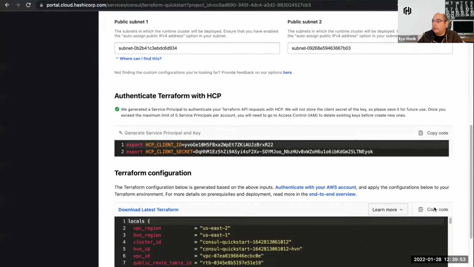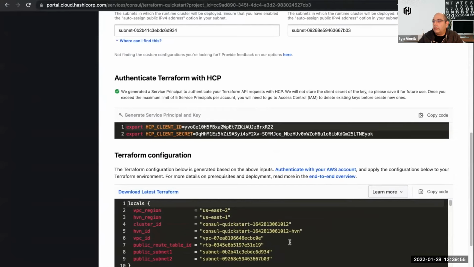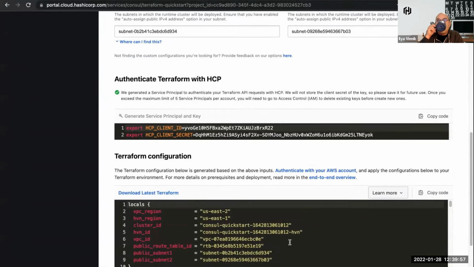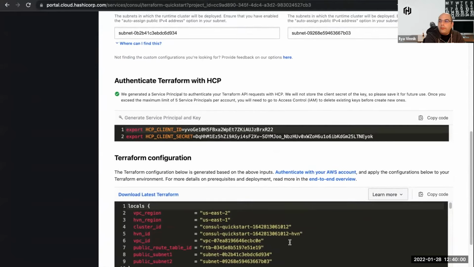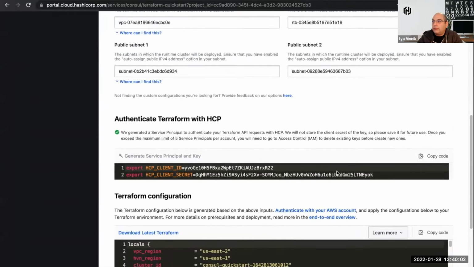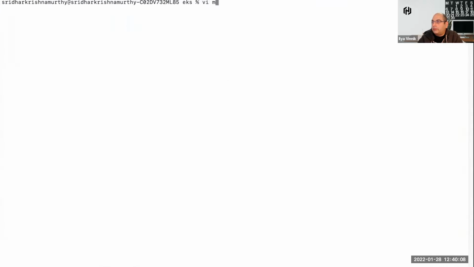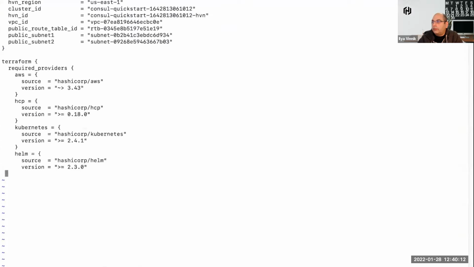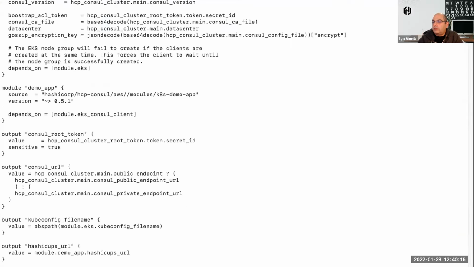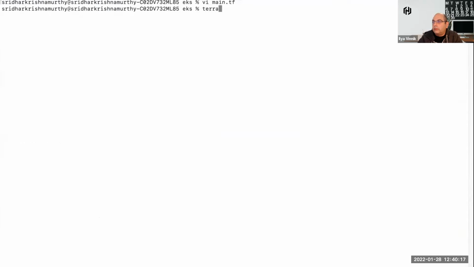And then at this point, the UI generated the Terraform config required to deploy an EKS cluster with Consul clients and an example app in an existing VPC that I specified in those corresponding subnets. So all I have to do is copy the code. I've already installed Terraform. So what I'm going to do is copy this in a Terraform file, and just run Terraform.